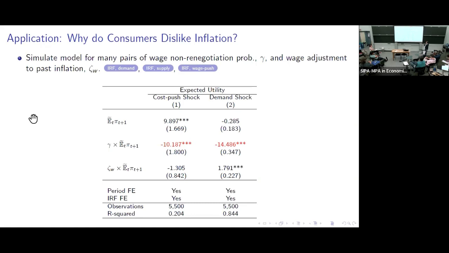And what I'm going to try to understand is the role that gamma plays for the relationship between expected utility and expected inflation within the model setting. And regardless of whether I'm shocking the model with a cost push shock or a demand shock, so regardless of whether inflation is coming from the supply or the demand side, what I'm highlighting here in red is that having higher nominal wage rigidity really depresses, so it either makes it less positive or turns it into negative, the relationship between expected utility and expected inflation.